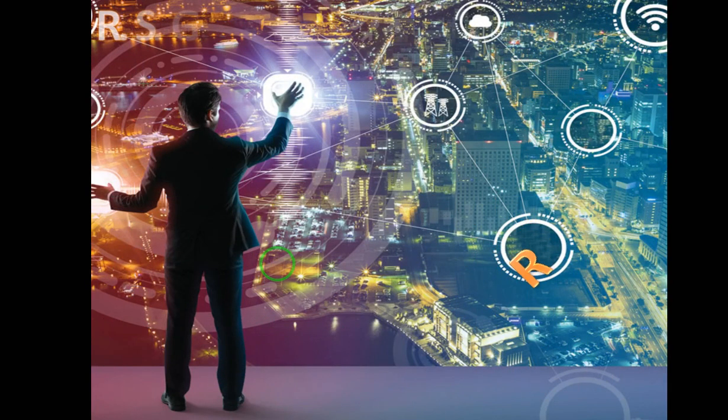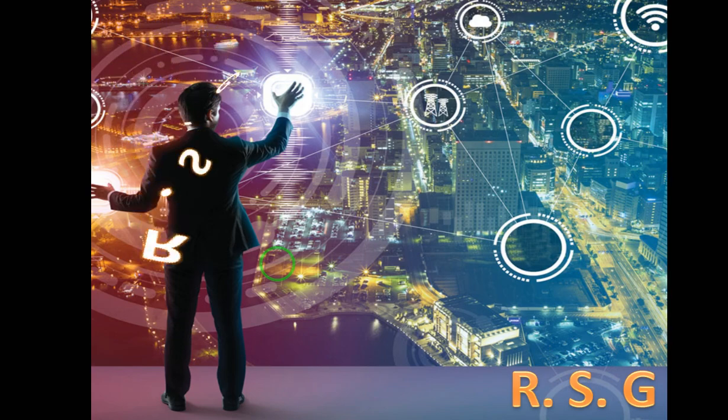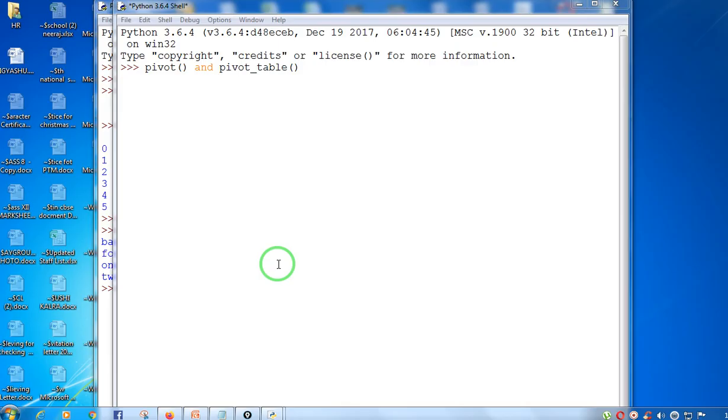Today in this video we are going to learn about pivoting. Pivoting returns a received data frame organized by given index column values. So in this video we will be learning about the pivoting function in Python pandas data frame. Pivoting receives data, or it is used to produce a pivot table based on column values. It uses unique values from specified index or columns to form axes of the resulting data frame.